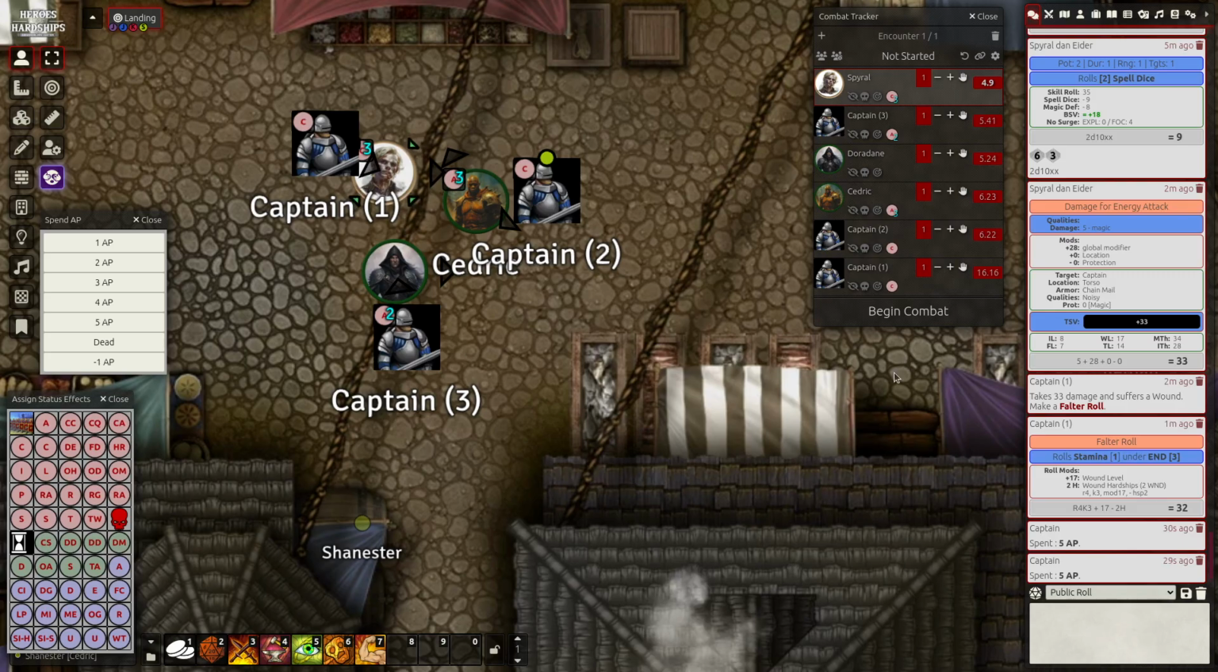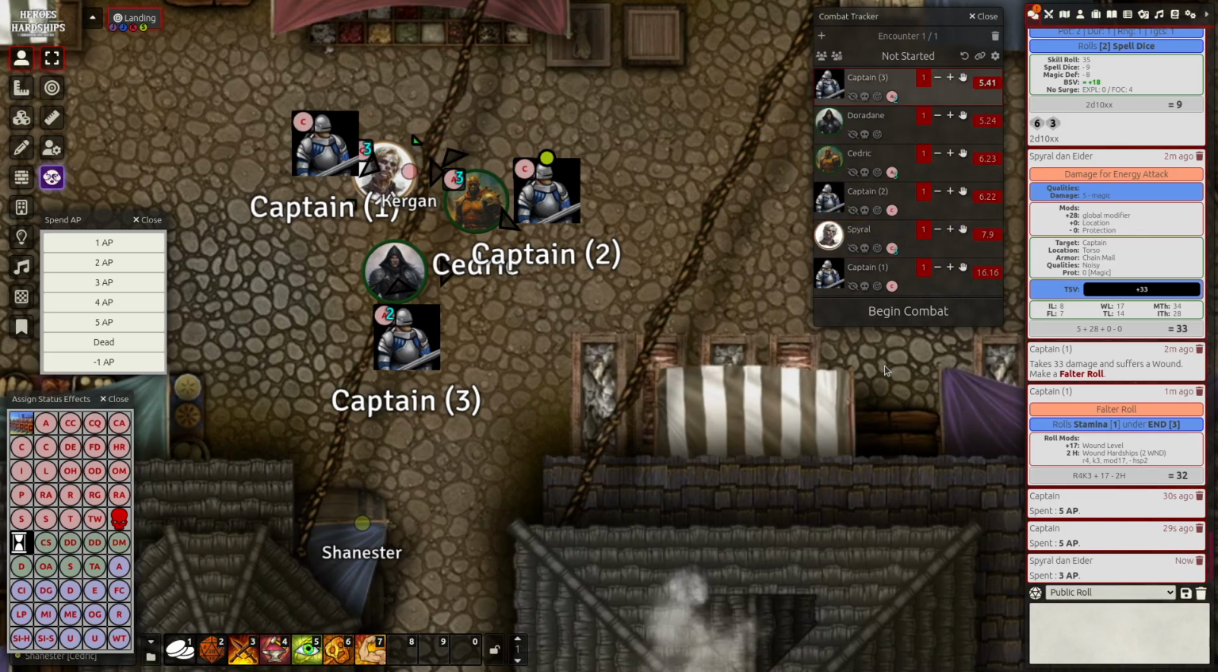Nice. Okay, so now Spiral, spend your 3 AP. Yep. Reset all of your things, take them off. That's right clicking, isn't it, to take them off? Yeah. There you go. Okay. So now it is Captain 3,